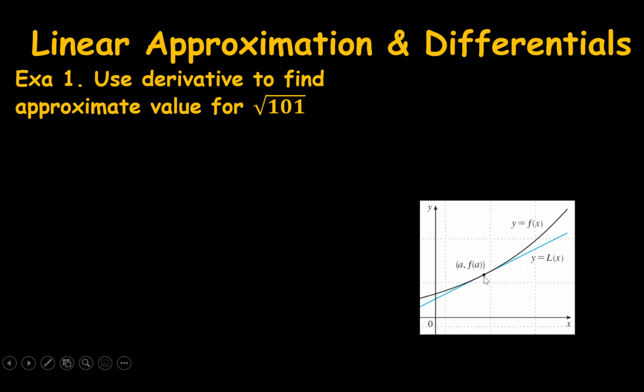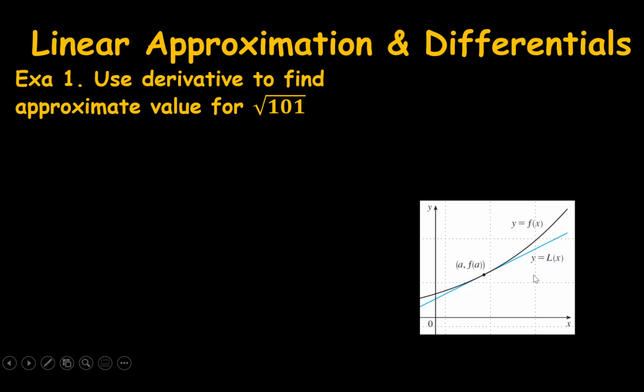You start with the height f(a), and then you want to know how much y increases from f(a). Well, you draw a right triangle here, up to the straight line, and that side should be equal to